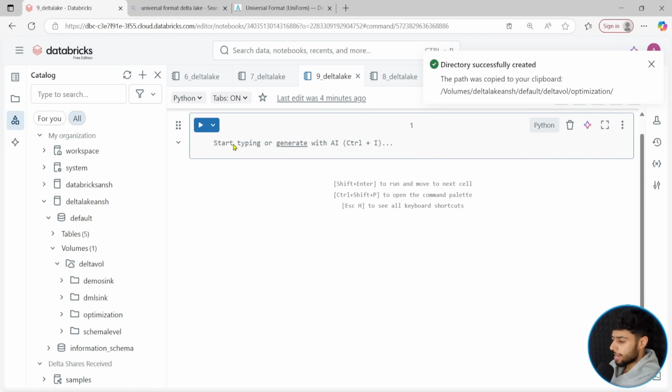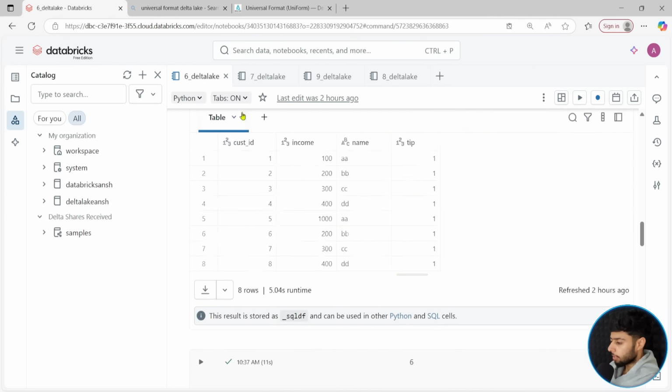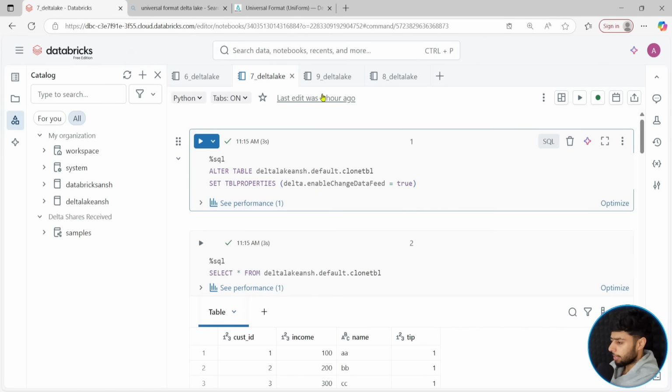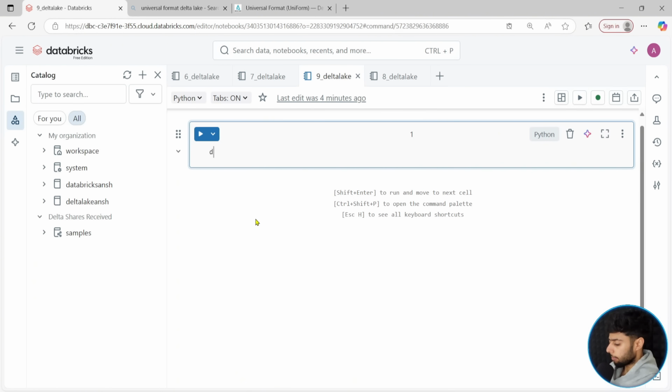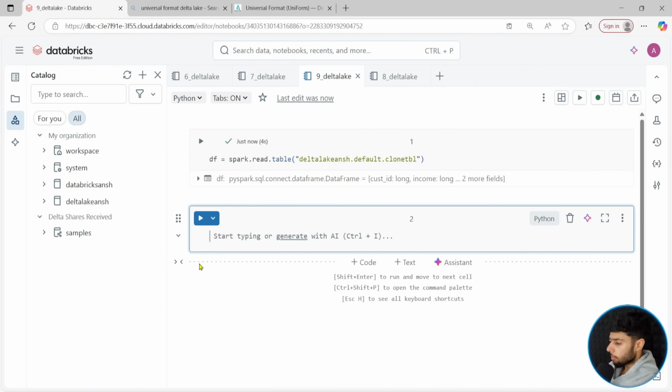So let's first of all try to push some data. Let's get the data frame if we have any. Do we have any data frame here? No, we do not have any data frame, but not a big deal. We can simply create a data frame quickly. df equals spark.read.table, and let's create a data frame on top of delta lake Ansh.default.clone_table. Let's actually create a data frame. Perfect. Let's say display df,